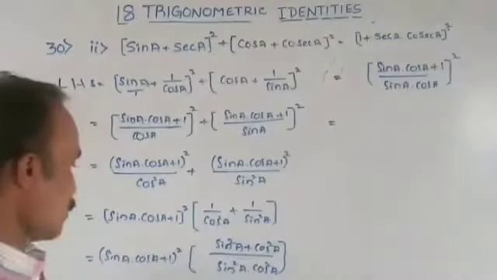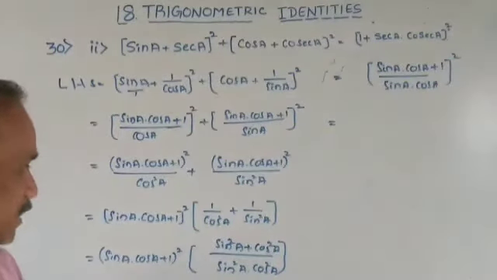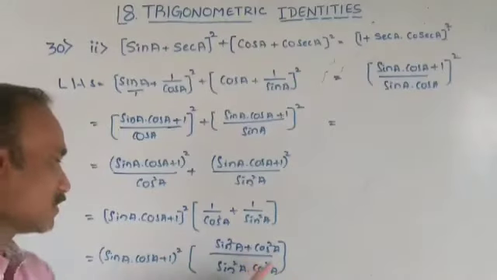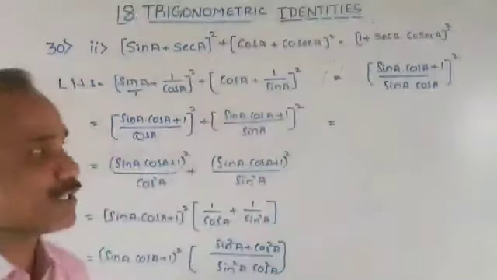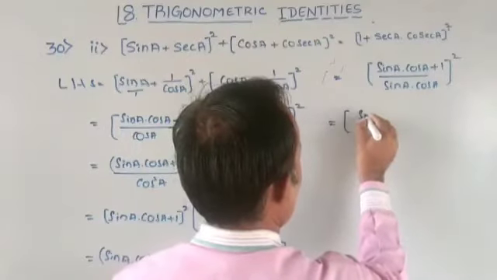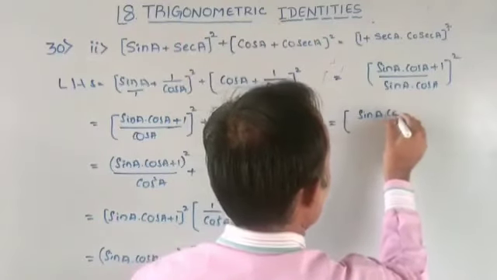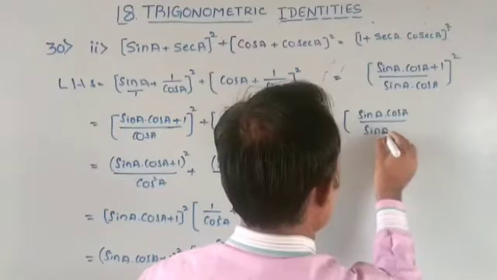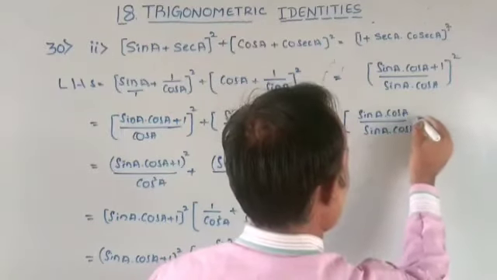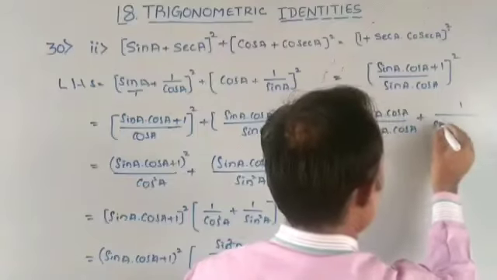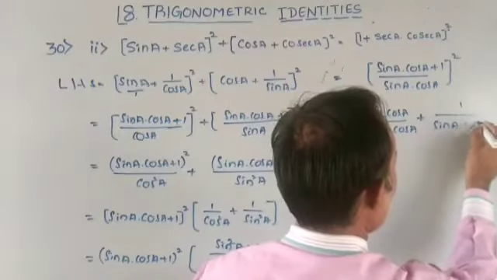Why? Because here also there is a square, so sin square A, cos square A. So 1 divided by (sin A into cos A) whole square. Both terms are in the square, so that's why you make it a single term. Yes, now make it separate now. Sin A into cos A divided by sin A into cos A plus 1 divided by sin A into